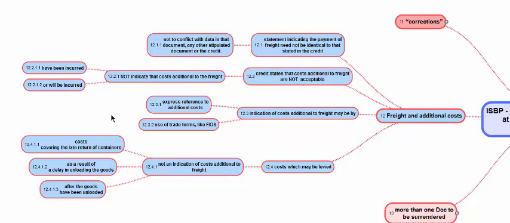When there is a delay in the berthing of the ship, delay in the ship leaving the port, delay in the containers being unloaded from the ship, delay in the containers being emptied, or delay in an empty container being returned, for all this there will be cost applicable. Either the port will charge or the carrier will charge the parties related to the transport, either the consignor or consignee.